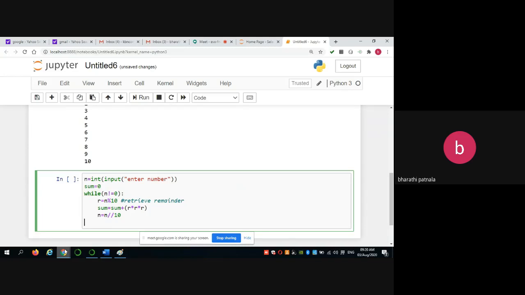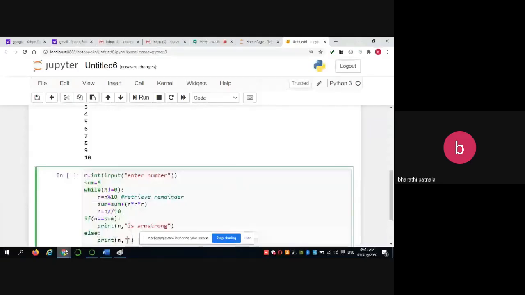Now you have to check if n is equal to the sum, then print it is an Armstrong, otherwise not an Armstrong. But here you have to observe one thing, that at last the n value is 0, then it will be terminated.